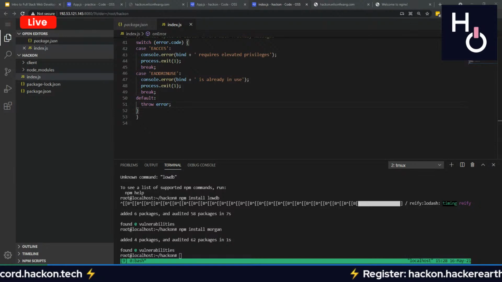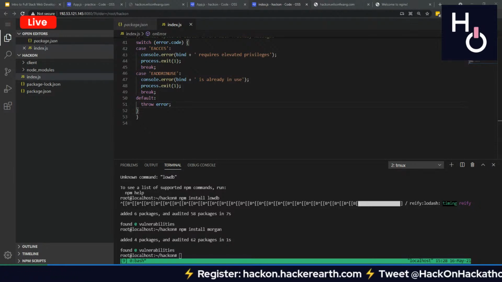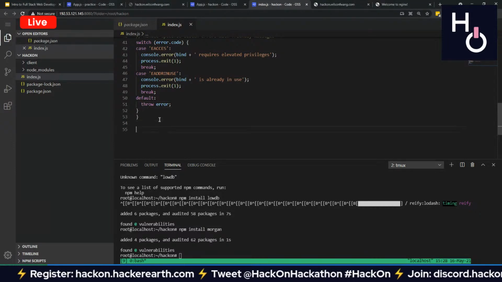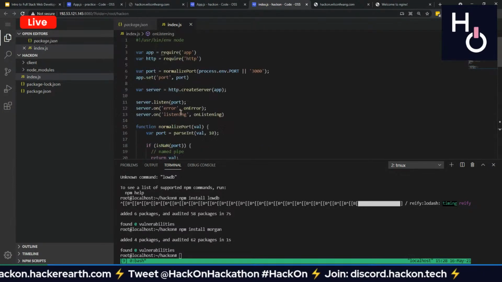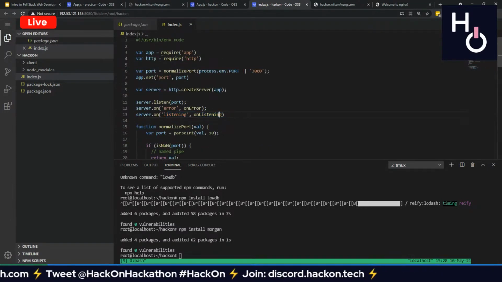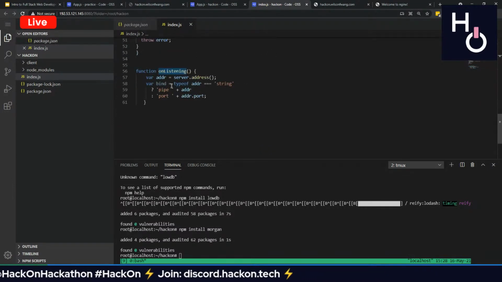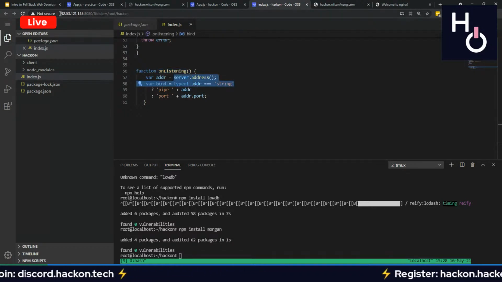So the last thing that we need to do is a quick onListening function, which is going to be really, really nice and easy, which is just when it's listening. Again, we called it up here. So on server listening, we're calling onListening. And in onListening, the address is server.address. For us, it's literally just the IP,